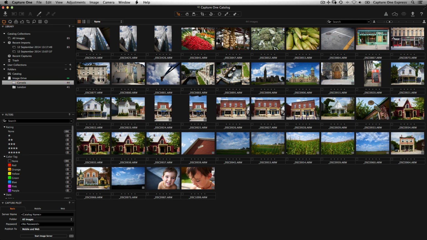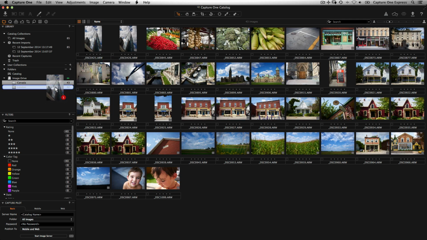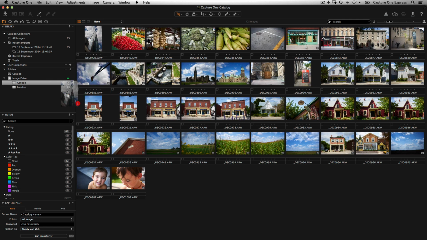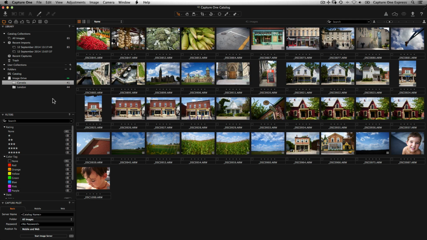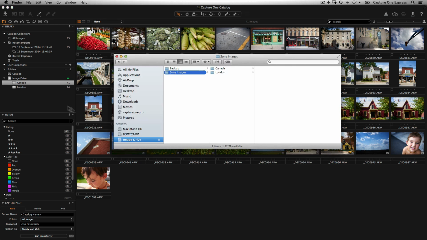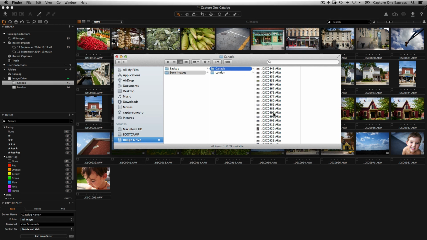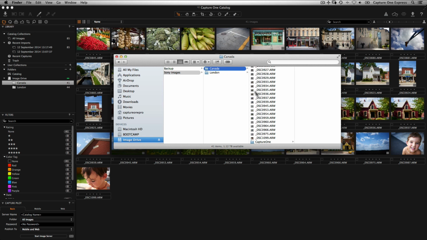Images can simply be dragged and dropped between folders. This action is always a move action. The raw files will not be duplicated. Remember to always complete actions like this within Capture One so that the catalogue database can keep track of changes. If images or folders are moved at the system level, the catalogue will lose the link to the raw file and the image will be shown as offline.